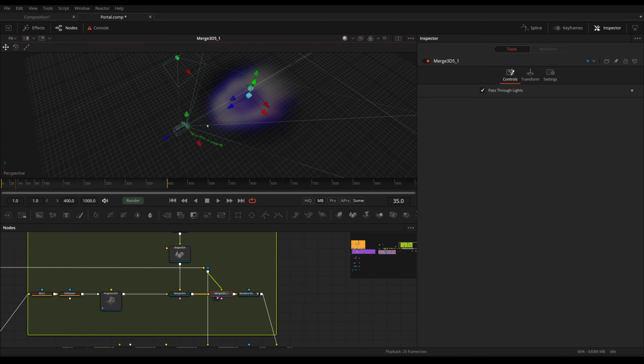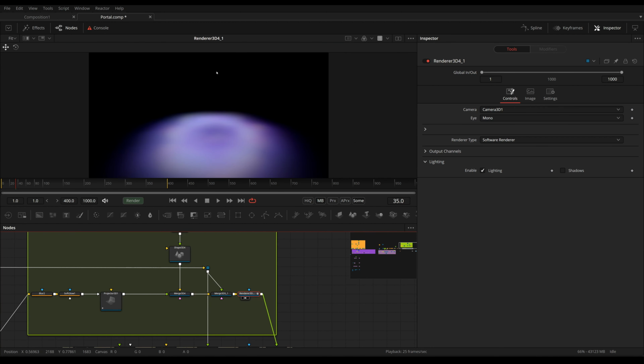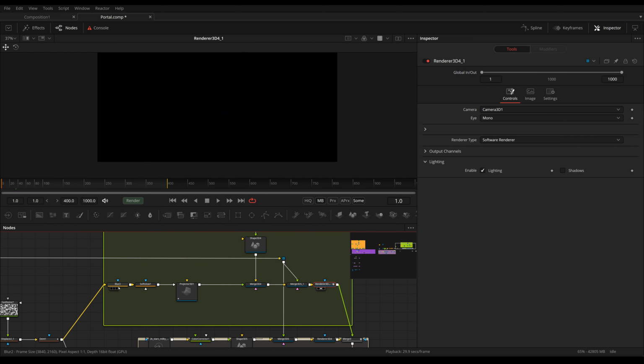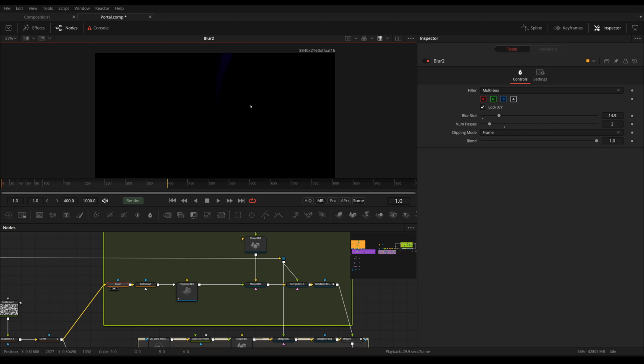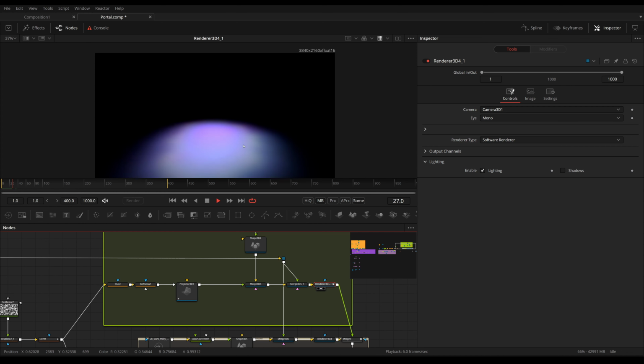Then we are again adding in our camera and rendering this out. And this is the final image. And as you can see, because we are plugging in our portal, this does look like it's interactive light. It's not, but it looks like it, and that's all that matters.